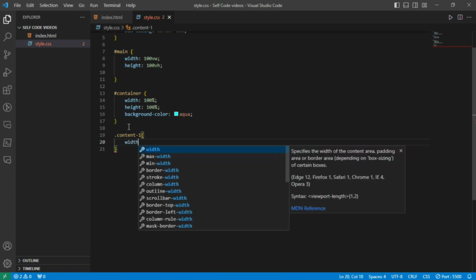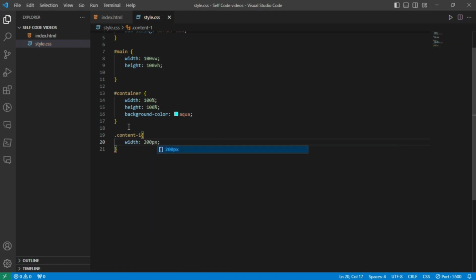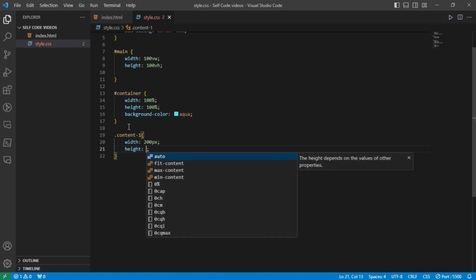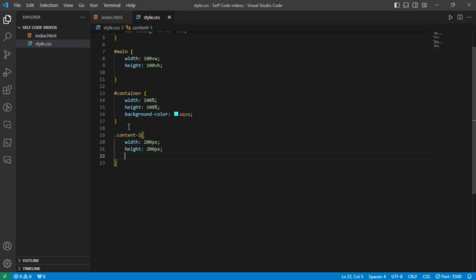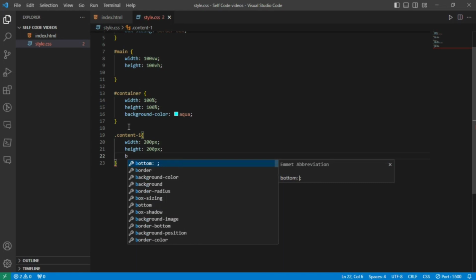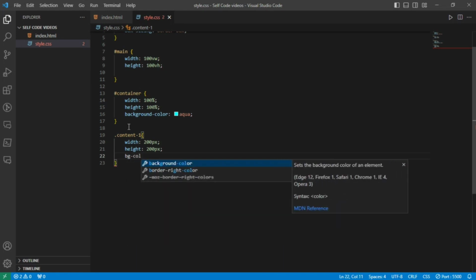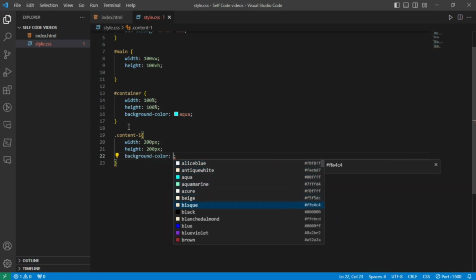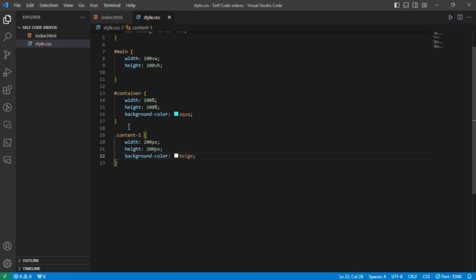Let's suppose we have given width 200 pixel and height also 200 pixel, and background color, I am giving background color, control S. Oops, since I have given ID, I have to use hashtag content1. Okay,